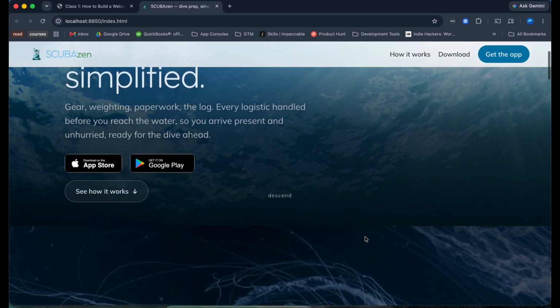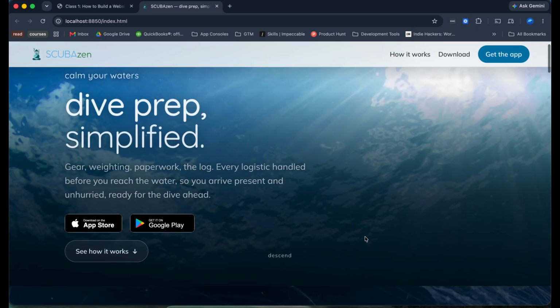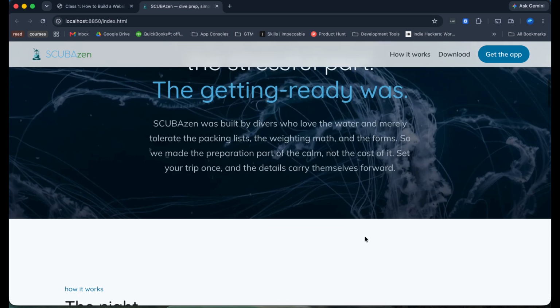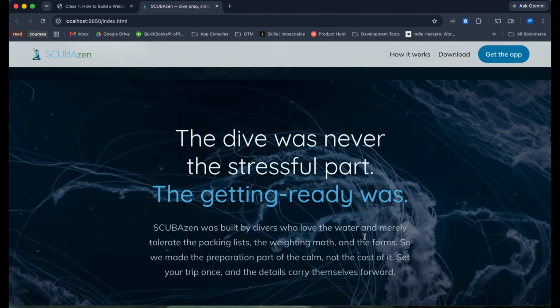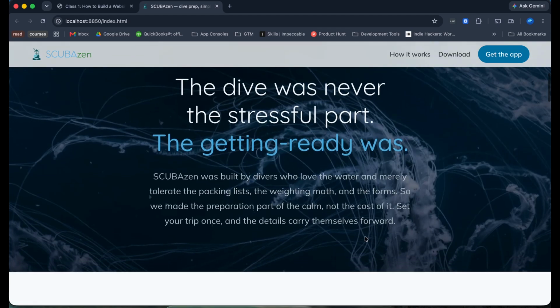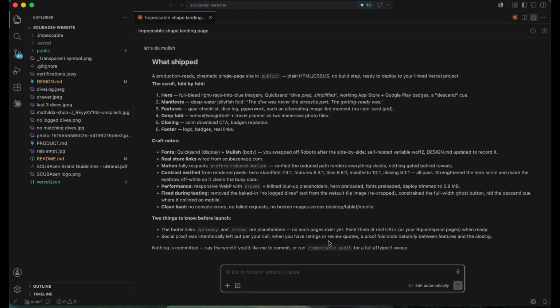So if we start scrolling down, as you can see, there is a huge performance issue. These scrolls are very slow, and I think it probably has something to do with all the images and the weight of this. But this is the perfect time for this initial pass to rip all of that out and figure out what's wrong with it. I like to take notes as I do it. So the first issue is the scroll. It's way too slow. It's way too laggy. I don't exactly know why, and I don't have to know why. I just have to tell it what's wrong, and it'll figure it out.